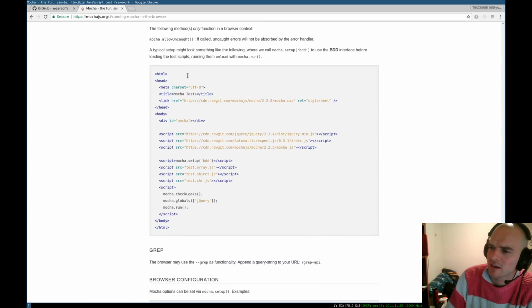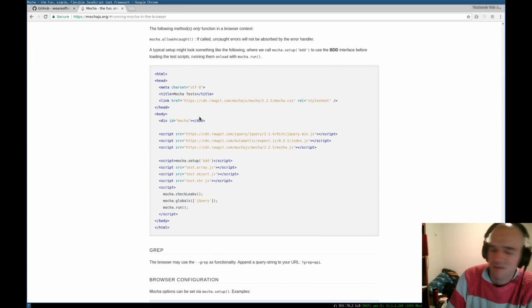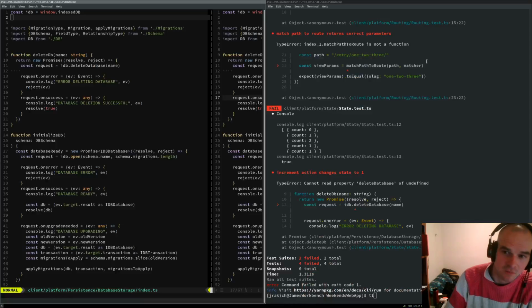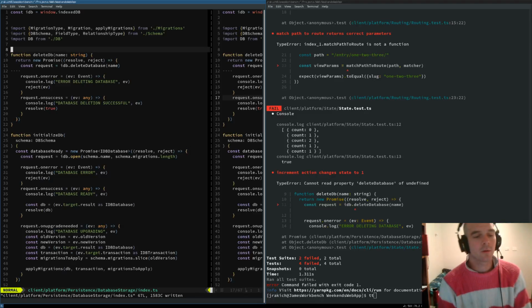Now, I have to figure out how to set that up as well, so that we can run it in the browser, and honestly, I think we're probably going to dedicate this stream to getting our browser testing up and running, because then we can roll on through and just set up all of our tests as we need to. So that's what we're going to work through today.